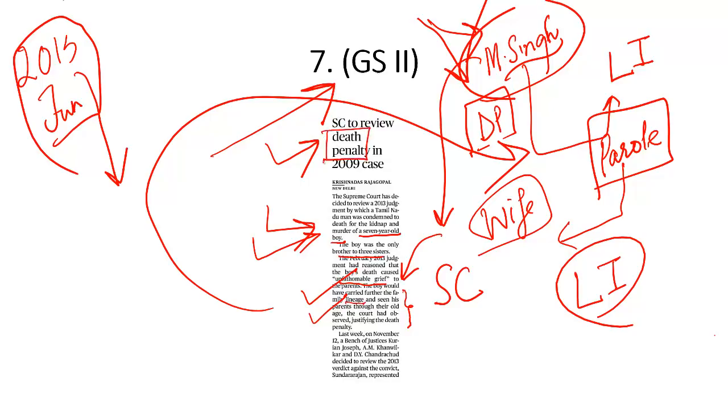So sometimes a question can be asked whether you are in favor of capital punishment or not. In your interview or in your mains-based questions, the questions can be framed in such a manner that sometimes you'll have to defend capital punishment. At other times, you will have to oppose capital punishment, because there are more than 130 countries in the world that have abolished death penalty. What is your stand on this matter? Should there be death sentence? Should there be capital punishment or not? Please focus on that and build up your own thoughts and ideas.